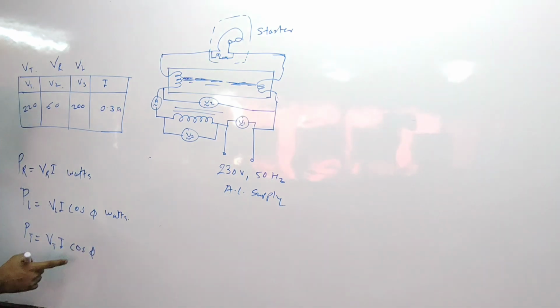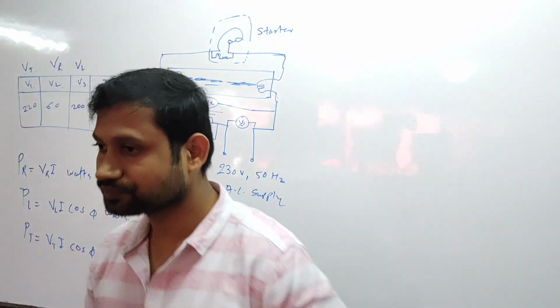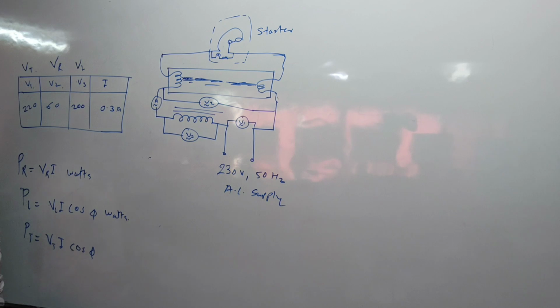Here, what is important is that you choose the right value for cos phi. What value are you going to choose? For the inductor, cos phi would be 0, because for purely inductive there is a phase difference of pi by 2 between voltage and current. Purely inductive is a theoretical value; you will never find it in practical life. In the phasor we draw, we get VR minus VR.